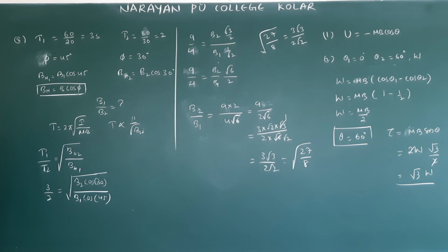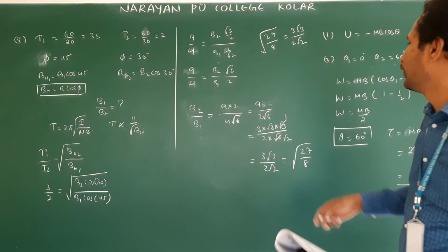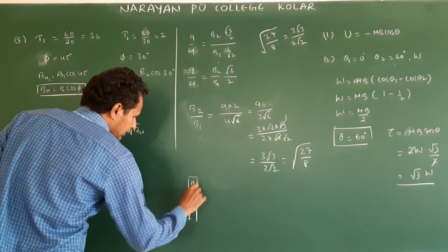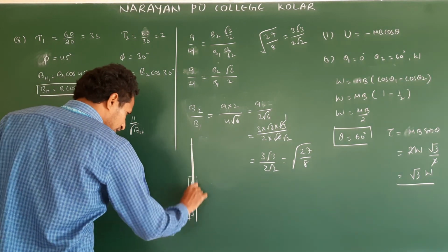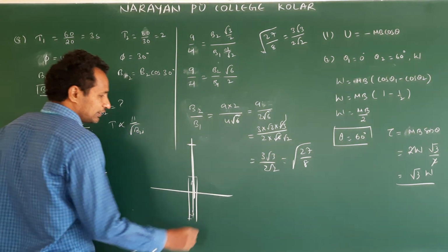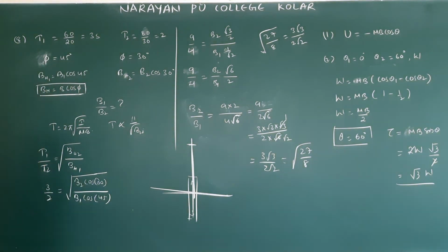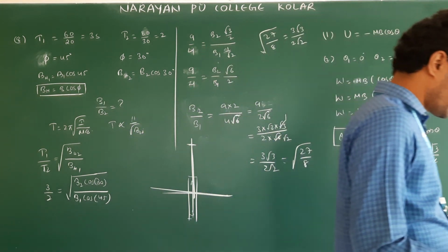Next, the ratio of magnetic fields due to a small bar magnet in the end-on position and broad-on position. End-on position means on the axis. If you take the magnet, this is north and south. This is the axis of the magnet. If you take a point on this position we call it end-on. This is the equatorial line. A point on the equatorial line we call broad-on. Another name: end-on means axial line, broad-on means equatorial line.